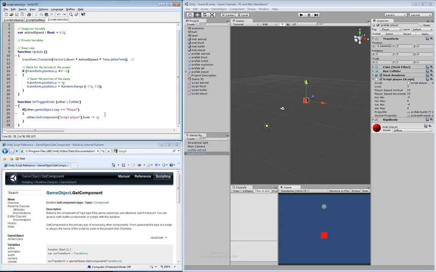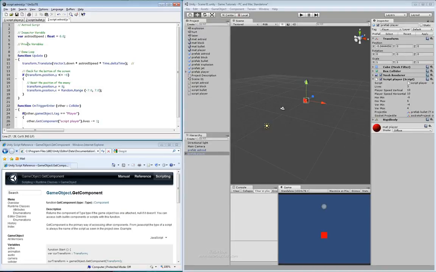Now, the next thing we want to do with this is add some more to this actual event that's happened. The next kind of thing we can add to this event is going to be something like an explosion, as well as moving our asteroid object back up to the top. So let's go in here and let's create our explosion. Before we create the explosion, we need to actually load a variable explosion. So we'll make our explosion here, load our transform,